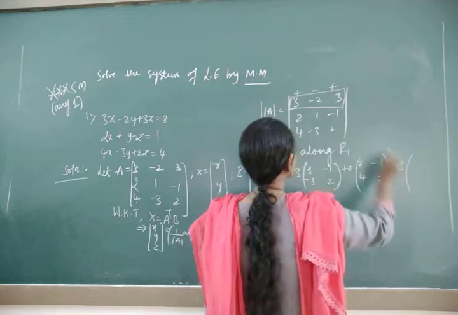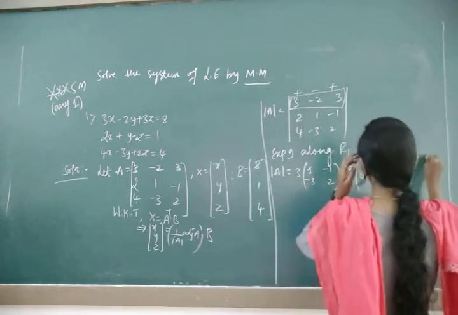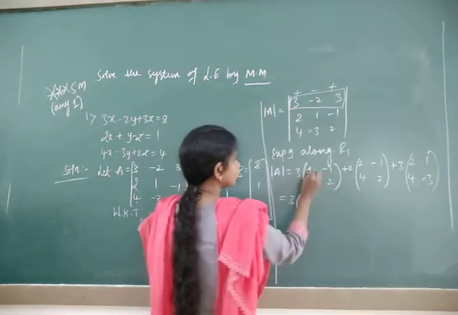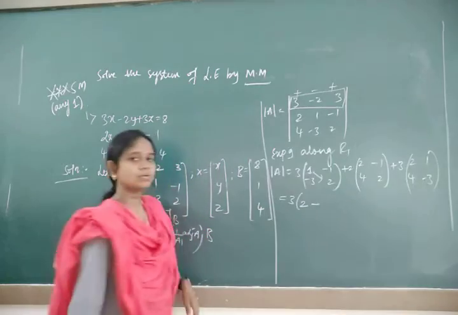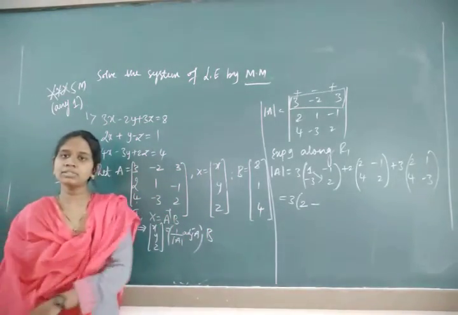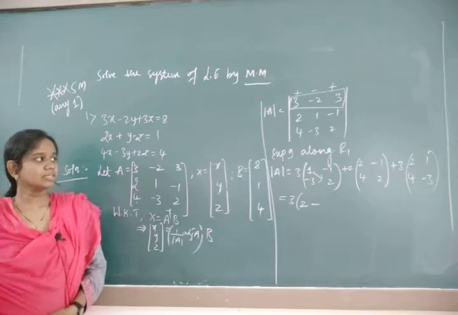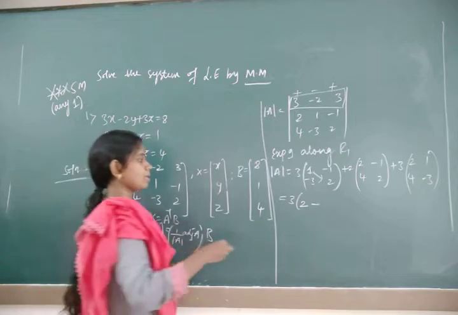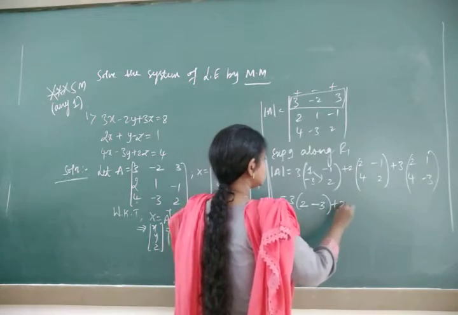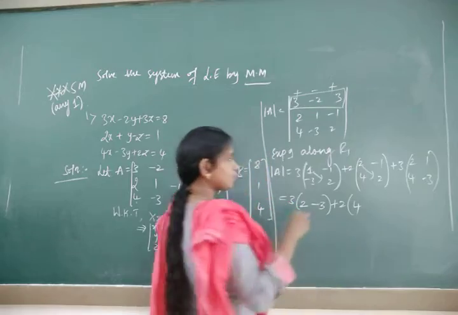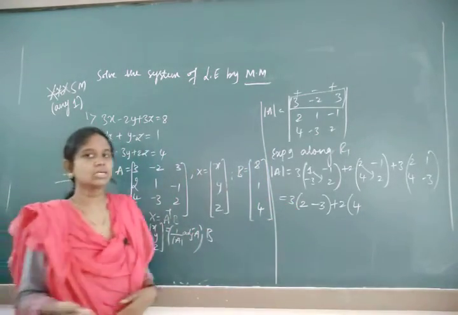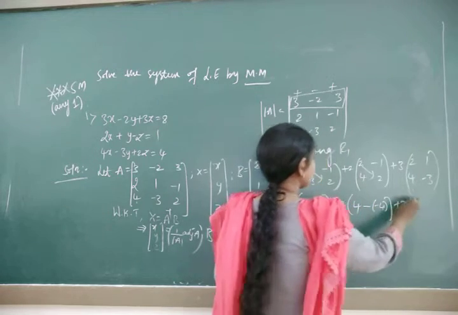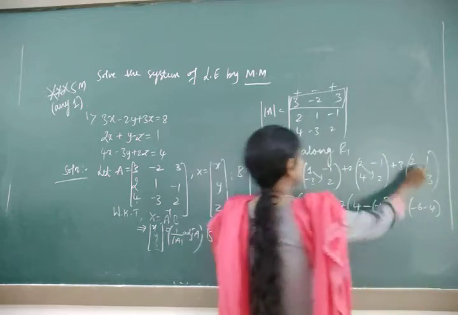Plus 3 of, now the third column will be deleted. It will be 2, 1, 4, minus 3. So therefore this implies multiply: 1 2s are 2. While moving to the secondary diagonal, you always have to take minus. So while taking the minus, it will be minus into minus plus. So 3. 1 3s are 3. Plus 2. This will be 2 2s are 4. While moving to the secondary diagonal, always take minus. So when you take the minus, it will be minus of minus 4, plus 3 of, it's minus 6 minus 4. Multiply.